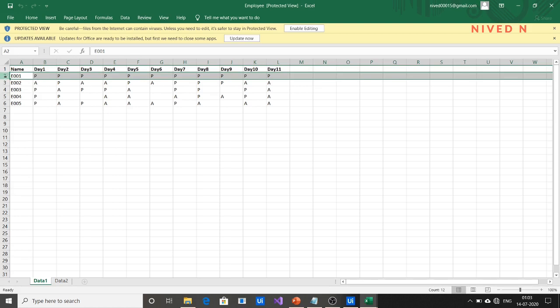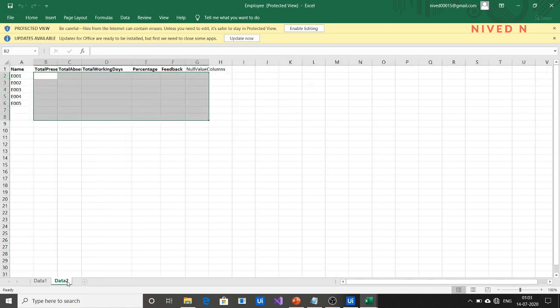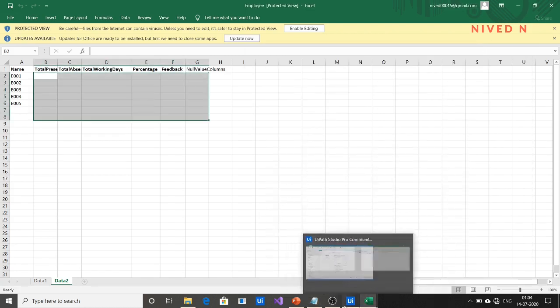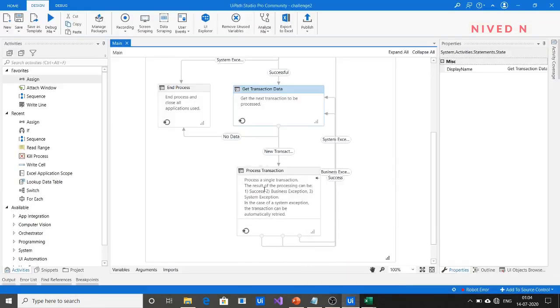For each transaction item you have to calculate the number of present days, number of absent days, and number of null values, and after calculating these and also the percentage by using this equation, you have to input all the values here, all the feedback, based on the percentage condition. So this is what we have to do, and this is mostly done in the process transaction.